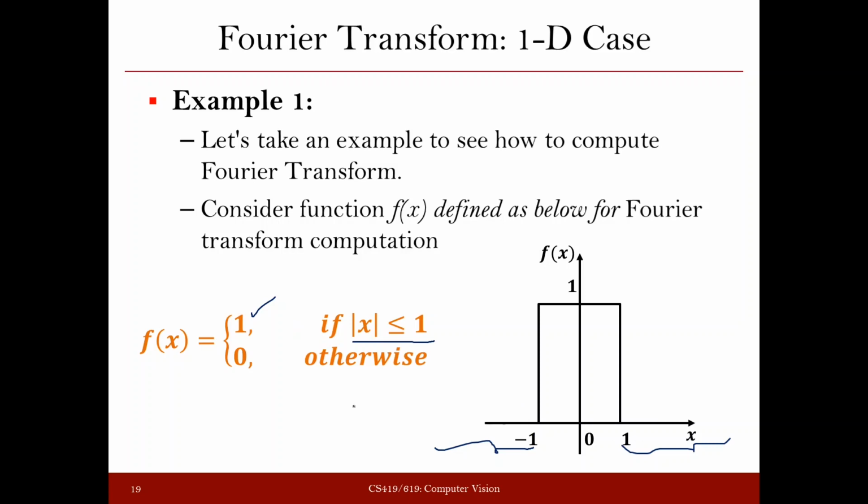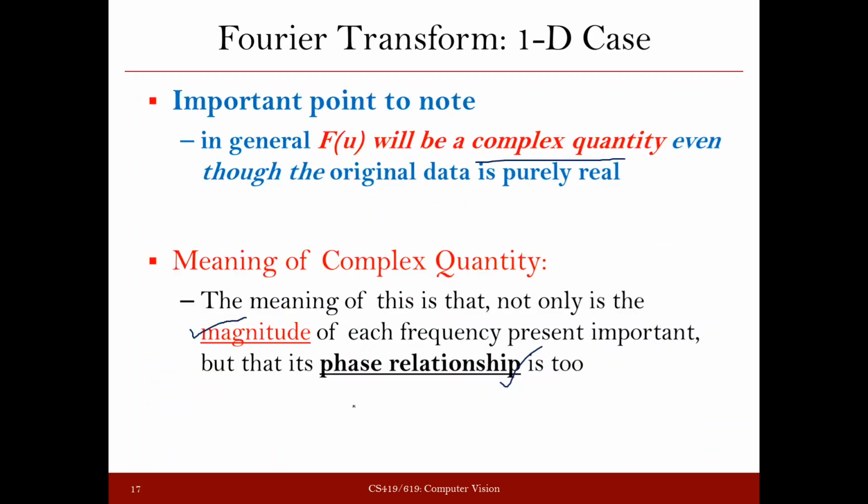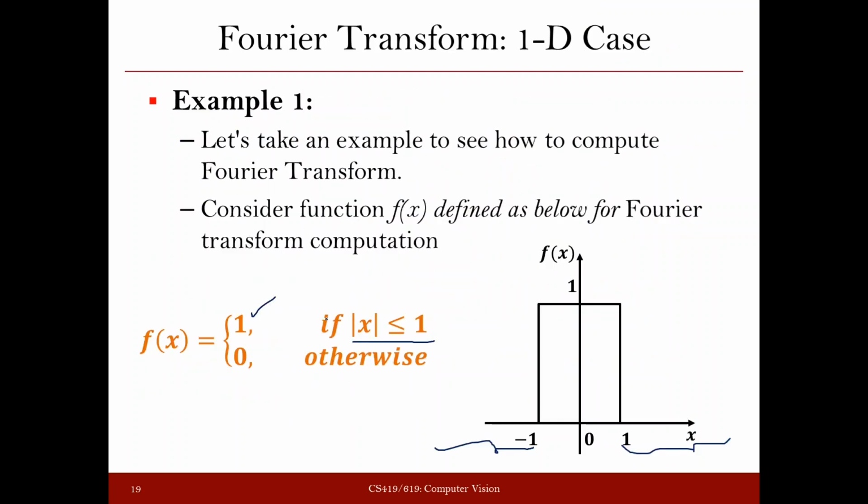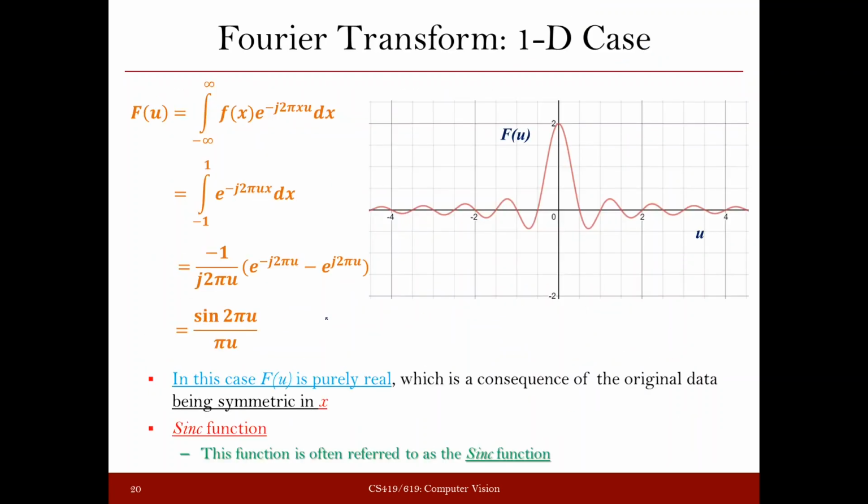Now the question is to get the Fourier transform of this. How will you do the Fourier transform of this? You will go to the formula that you have for the Fourier transform. This is the formula for the Fourier transform. In this case, you have to just replace f(x) by your definition, and then integrate it from minus infinity to infinity. So that's exactly what we are going to do here. Given this function, we are using this formula. This is the original formula.